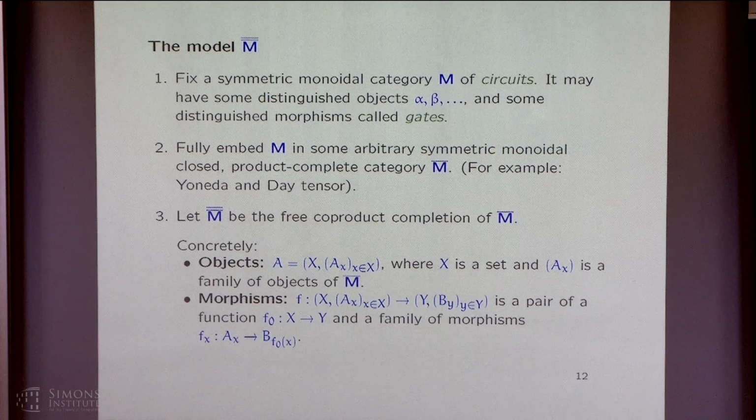The point is, in my model construction, I'm not even going to specify how we're going to do this. I'm just going to specify that we're going to do this. And as a consequence, any theorems that I prove later will be independent of the particular way in which I have done this, which means I will never actually compute anything in a Yoneda category or anything like that. All the theorems will be independent of how you do that. So that's a purely abstract thing. It only exists to support the higher order structure.